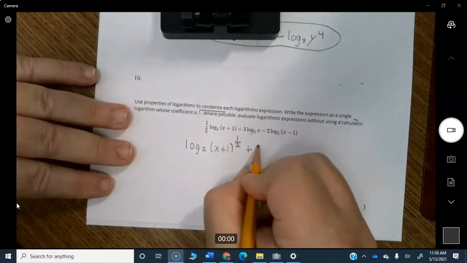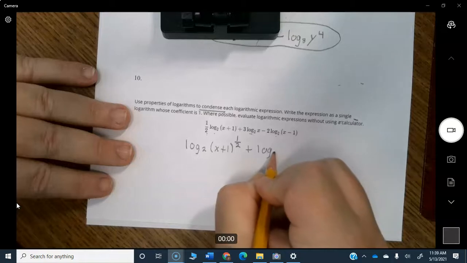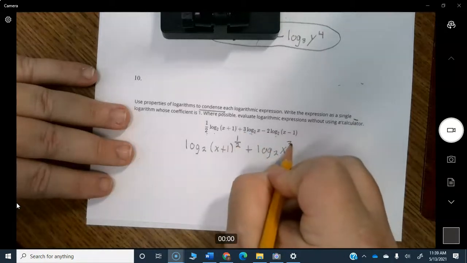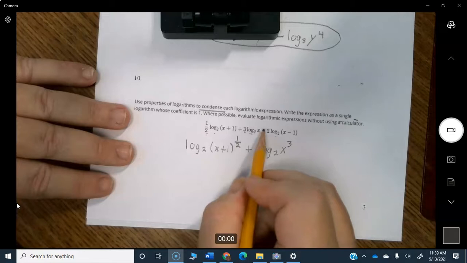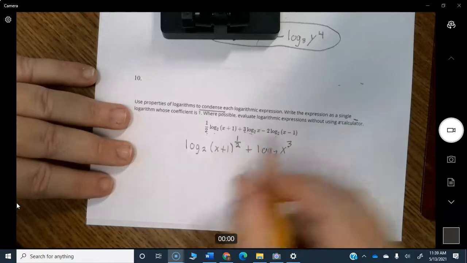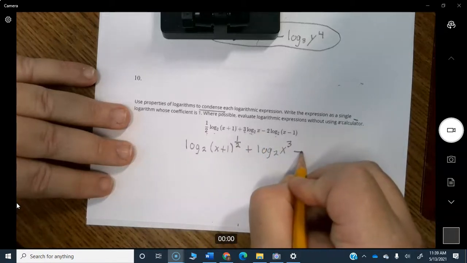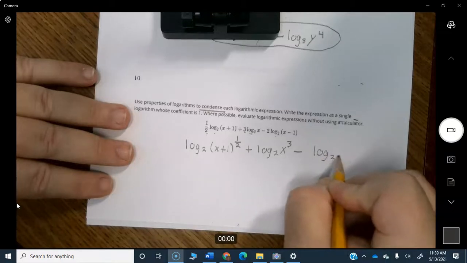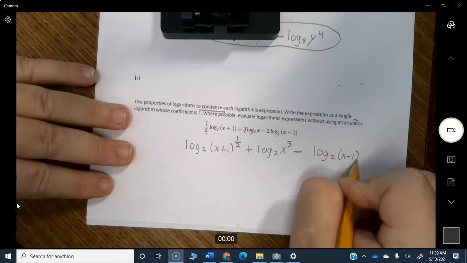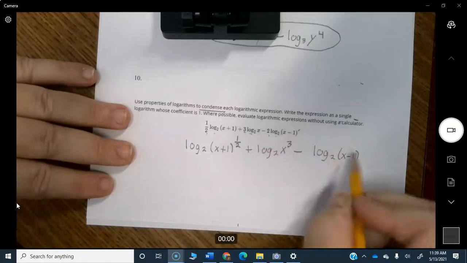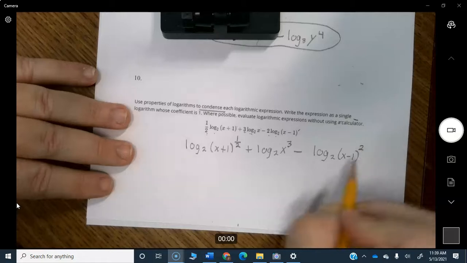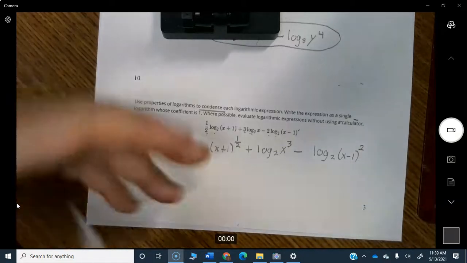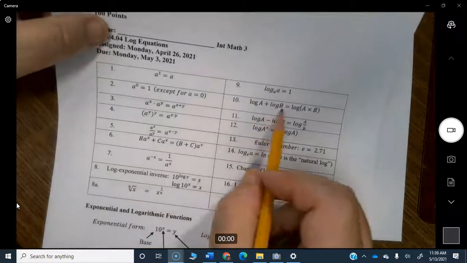Plus log base 2 of x, and this 3 goes up and becomes an exponent of x. It goes up to there. Okay? And then this is minus log base 2 of x minus 1, and that 2 goes up and becomes an exponent, so it goes up there like that. Okay? Now we simply use rules number 10 and 11,